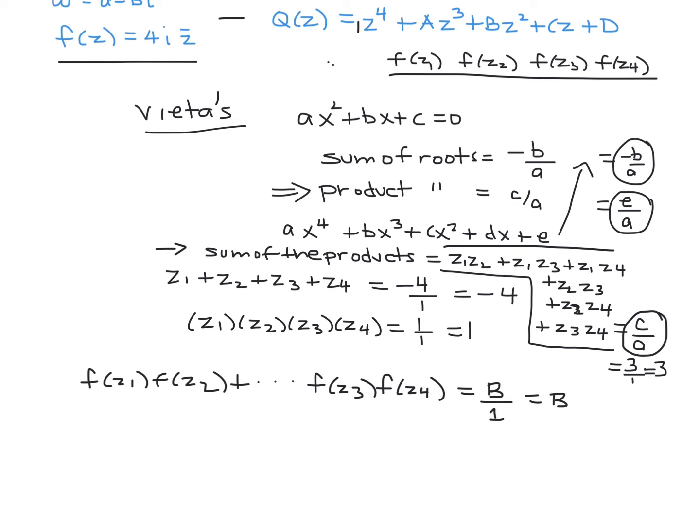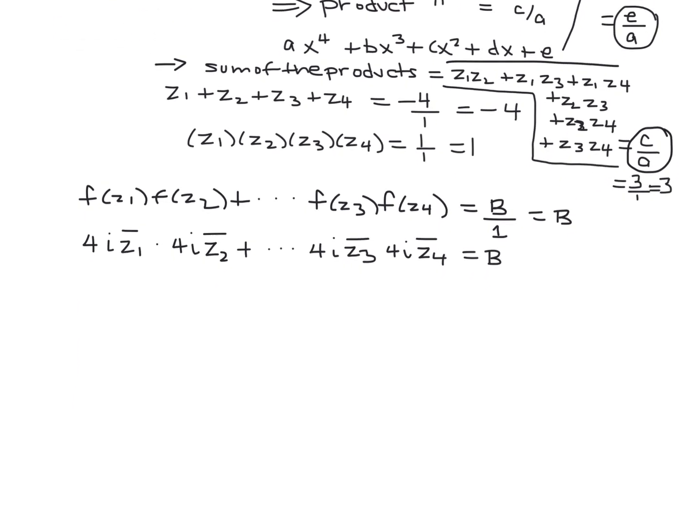Well, f at z1, according to the definition, would be 4i z1 conjugate. F at z2 would be 4i z2 conjugate, and so on. F at z3 would be 4i z3 conjugate. F at z4 would be 4i z4 conjugate, and this is equal to b. Got it? Okay, so now we have to use some of those